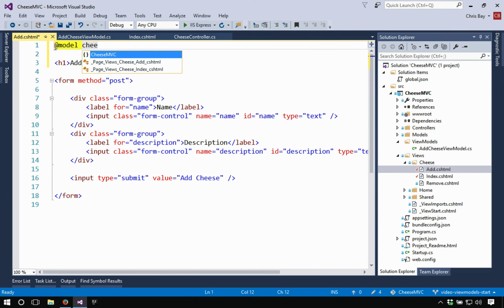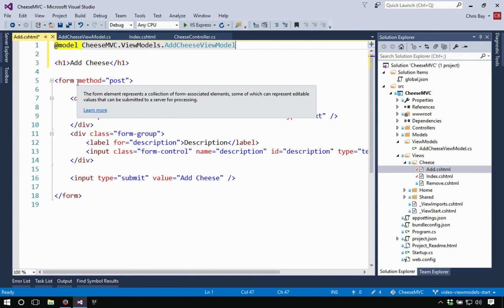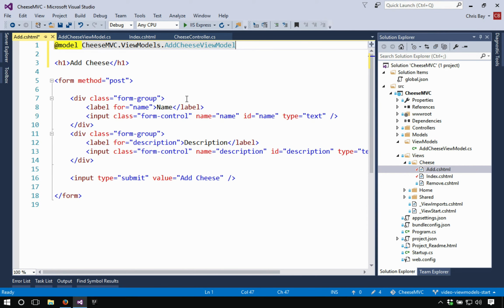And remember that we have to use the fully qualified class name. Okay. And now within my form, I can use some special tags to have much of the form generated based on the view model. This is going to be very helpful, and we'll see that at the end of the day, once we get done with this refactoring, we'll have a lot less code in here, and the code will be a lot less error prone